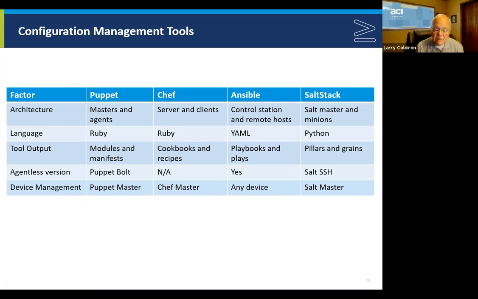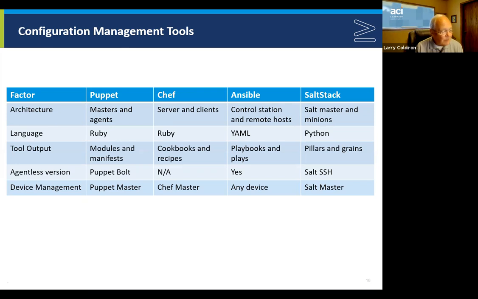The device management is going to be the Puppet master, and Chef's going to be the Chef master. It's a server and clients. It's going to be Ruby. Cookbooks and recipes. It does not have an agentless version. Ansible is an agentless version. It's got a control station, remote hosts, and its language is going to be YAML. Playbooks and plays. We got a yes here for the agentless version because it is agentless, and for device management,